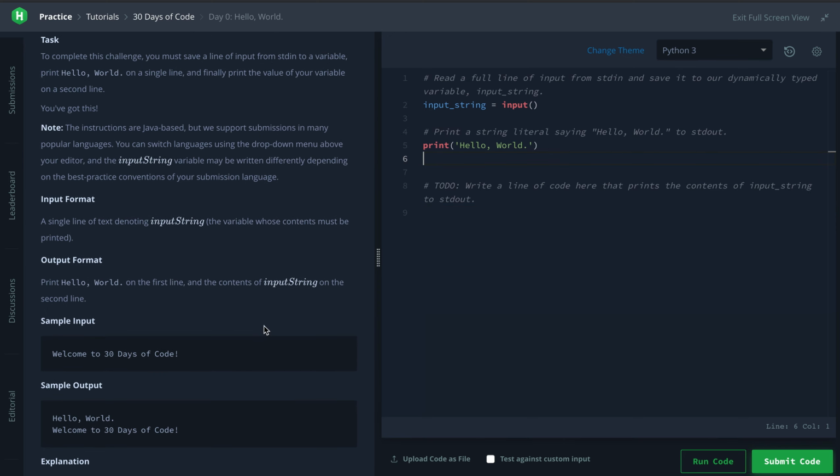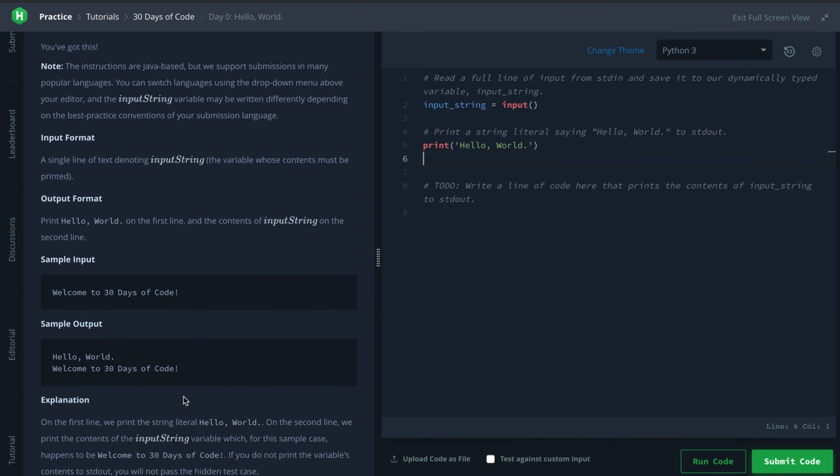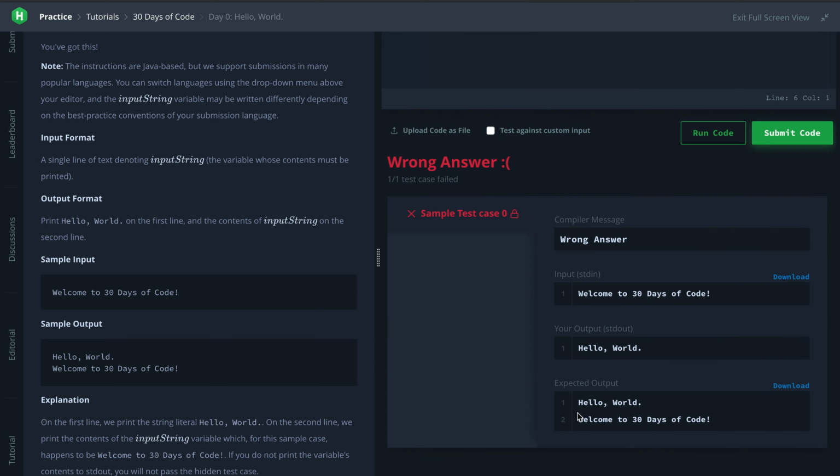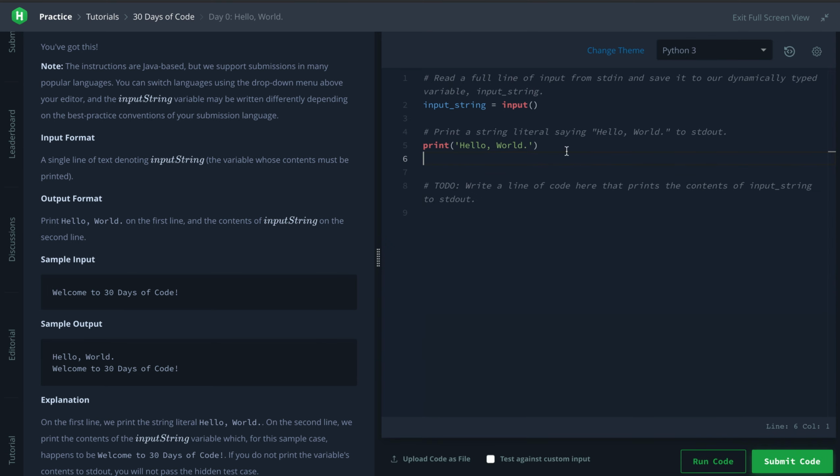Here we're tasked with writing a string that prints out our input string. So if you see here, we're supposed to have this expected output. This is our current output with our code above. You might think we just write another